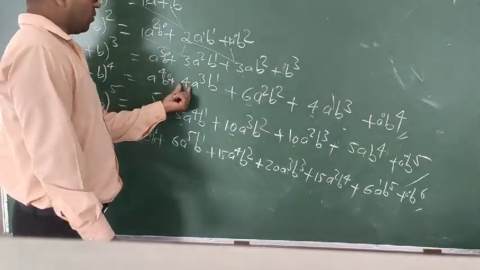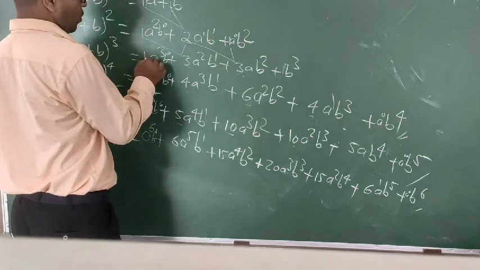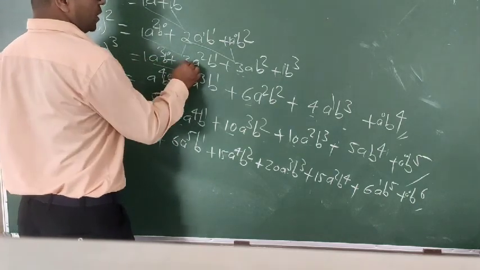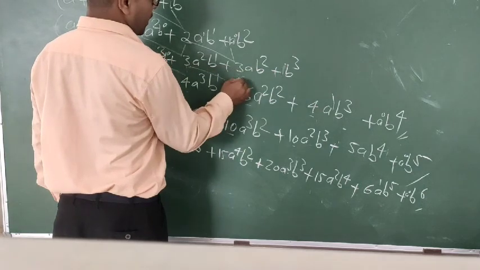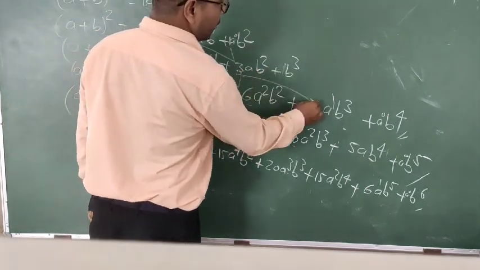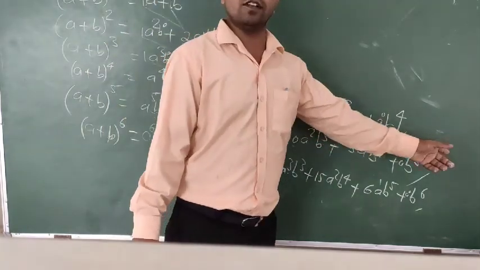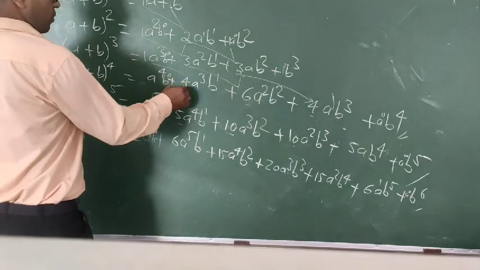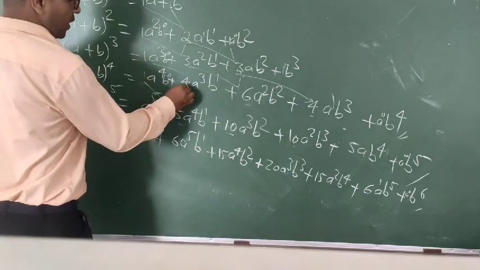In the same way, students, now we have got here 4. Just take the coefficient of this one and this one, add it, you will get 4. 3 plus 3, you will get 6. Just we have added here. And 3 plus 1, 4. Just we have got here 4. At last, coefficient 1. So now, in the same way, 4 and 1, 5.